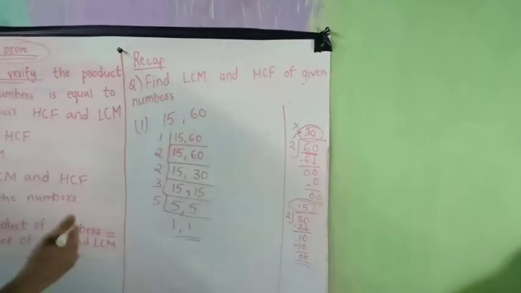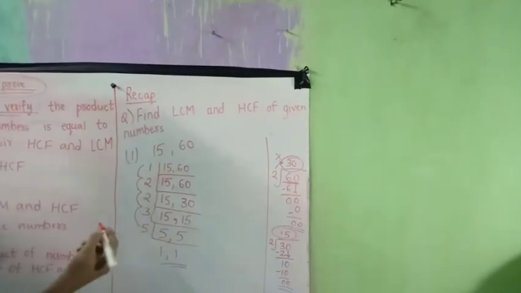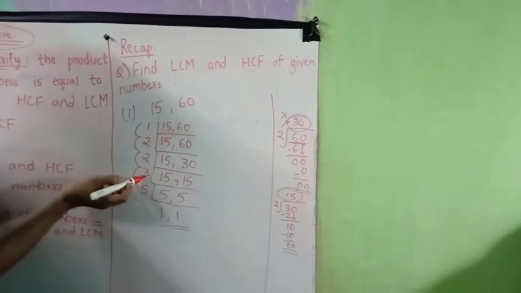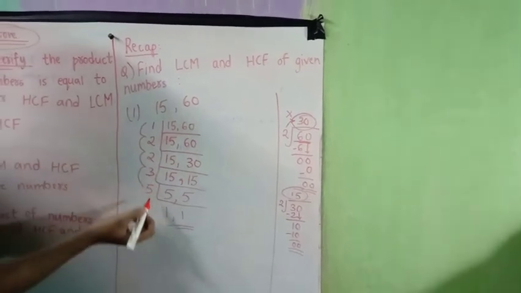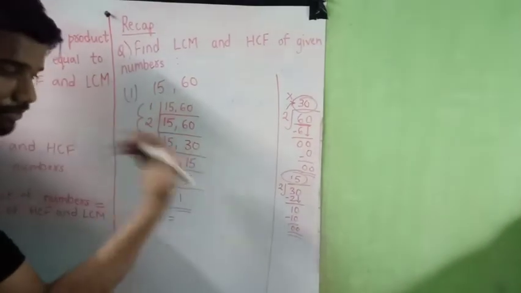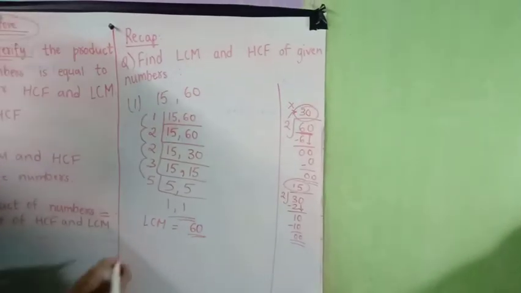These are your factors. Now we will multiply these factors and we will get LCM. So 1 2s are 2. 2 2s are 4. 4 3s are 12 and 12 5s are 60. I am writing LCM directly. You can write down common factors and multiply. LCM answer is 60. Right? Now we have to check